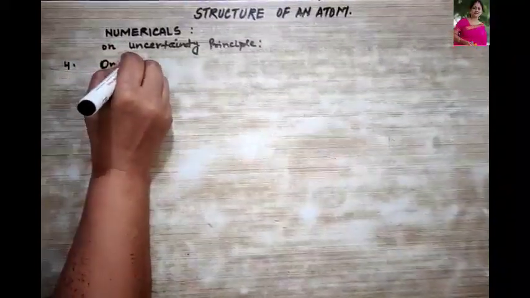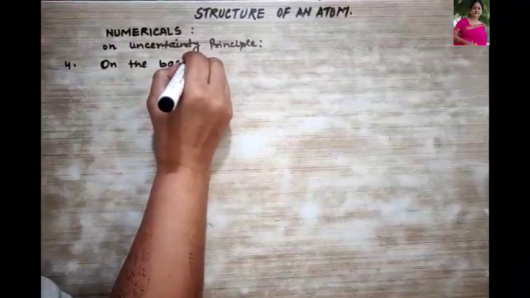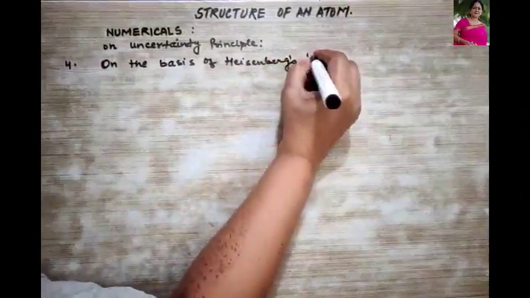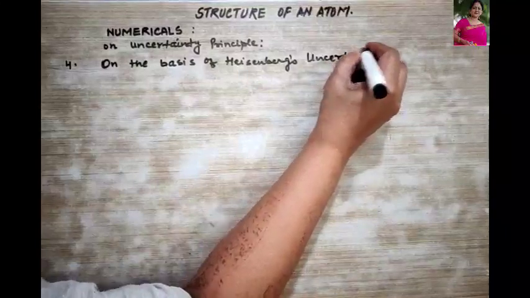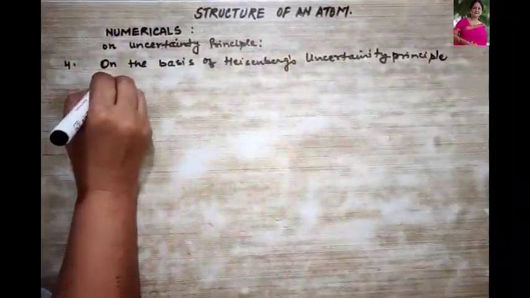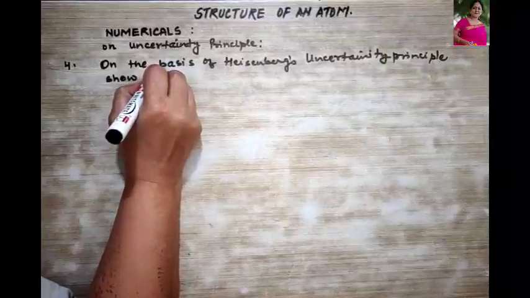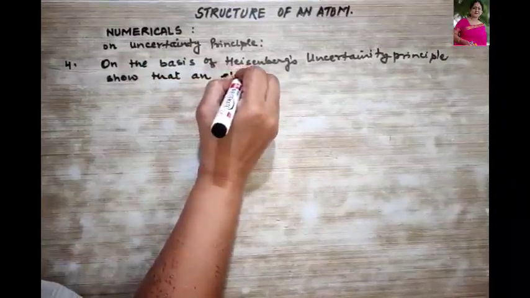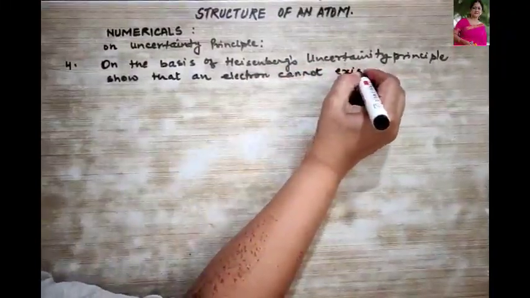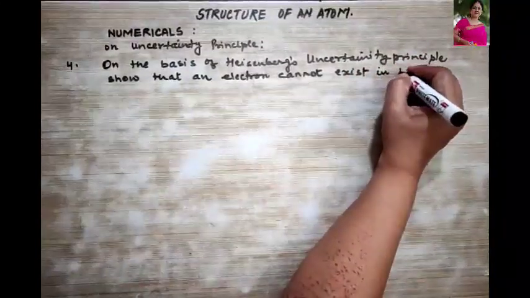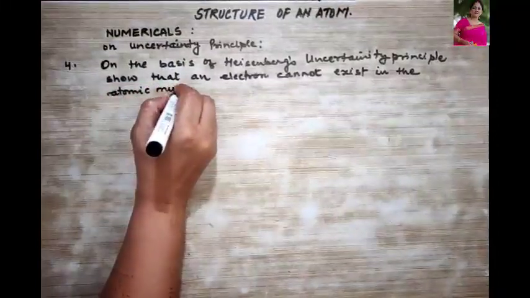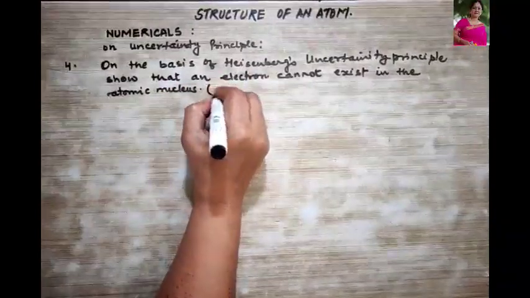It says, on the basis of Heisenberg's uncertainty principle, show that an electron cannot exist in the atomic nucleus, and it gives the